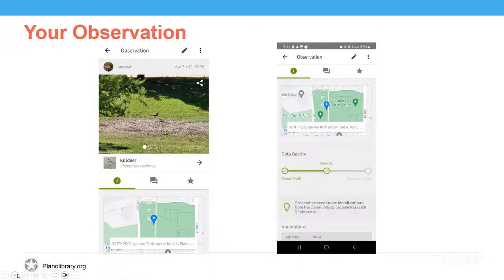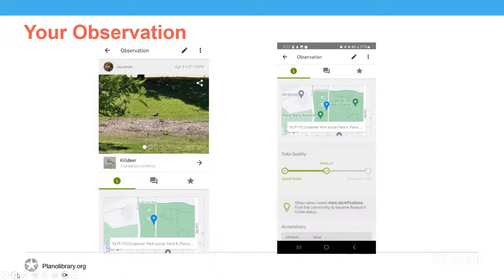Data quality. This assessment is a summary of an observation's accuracy and completeness, which determines its suitability for sharing with data partners. So this just means, is it something that a researcher can use? So all observations on iNaturalist must be a verifiable observation. And this means it has a date, is georeferenced, meaning it has a latitude and longitude coordinate, has a picture or sound recordings, and is not captive or cultivated.